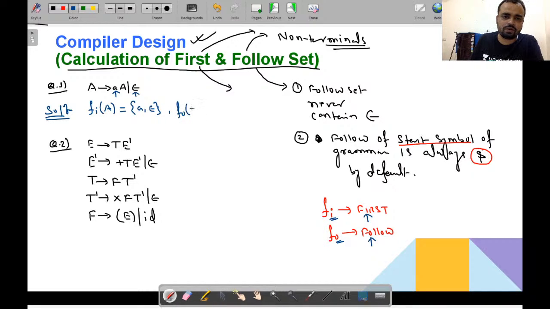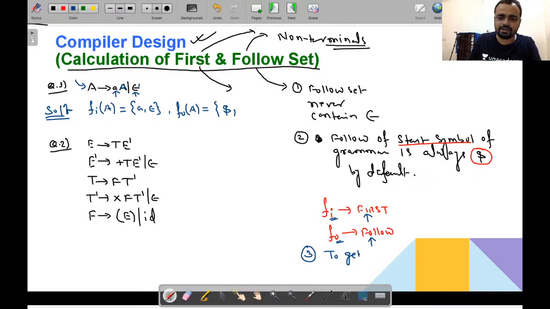Similarly the follow of a, if you will try to find out, the follow of a will become by default dollar, because this is the start symbol of the grammar, so this will become by default dollar. Now just look upon the right hand side of the production rule, तो यहां पर नॉन टर्मिनल ए यहां पर अपेयर हो रहा है, तो देखिए ये पॉइंट बहुत ही इंपॉर्टेंट है।